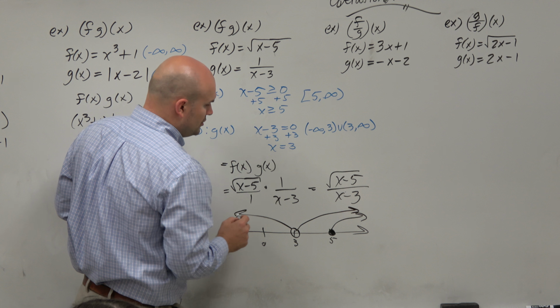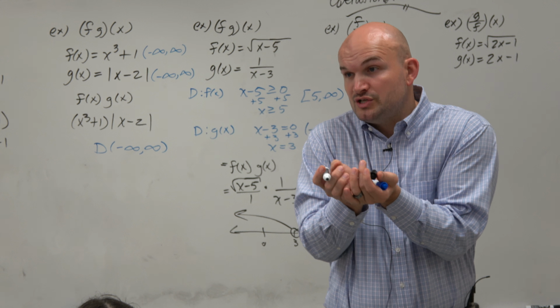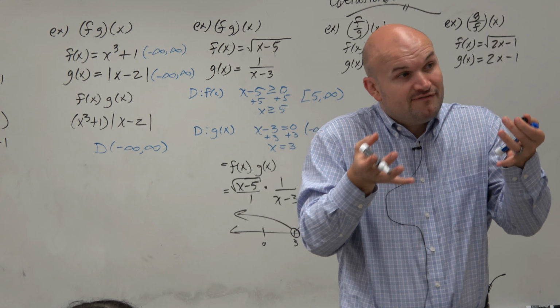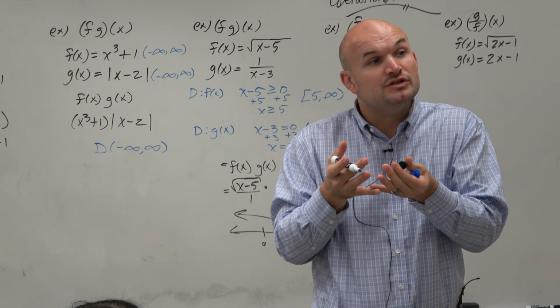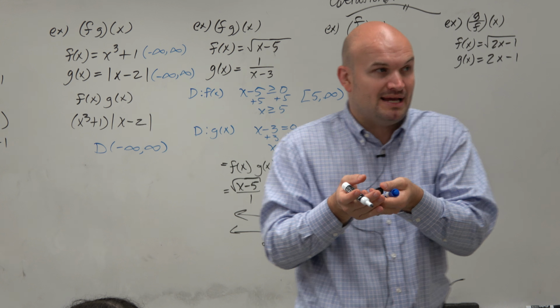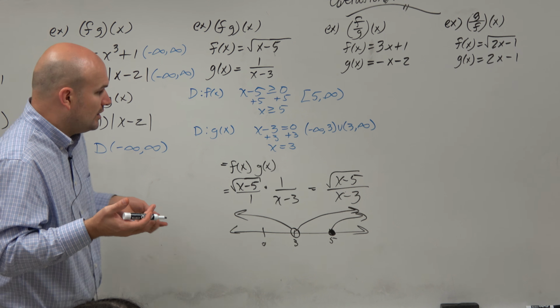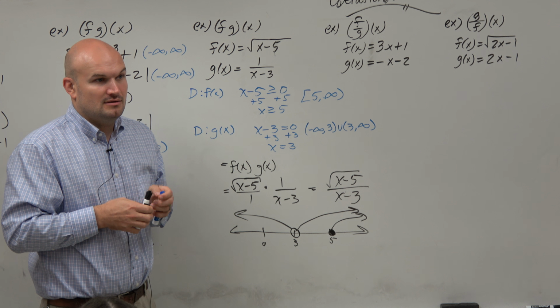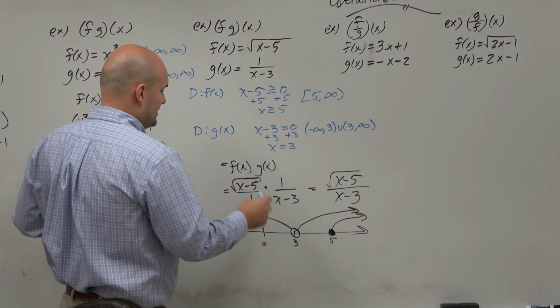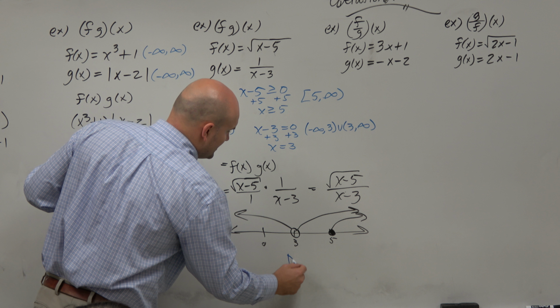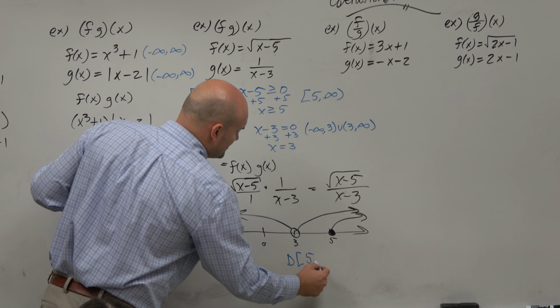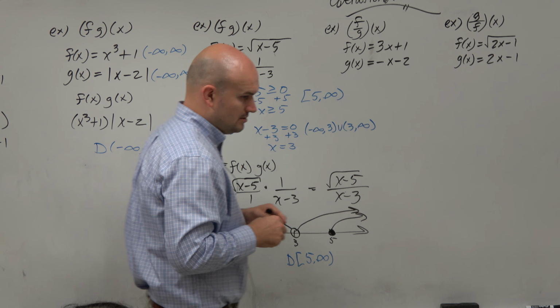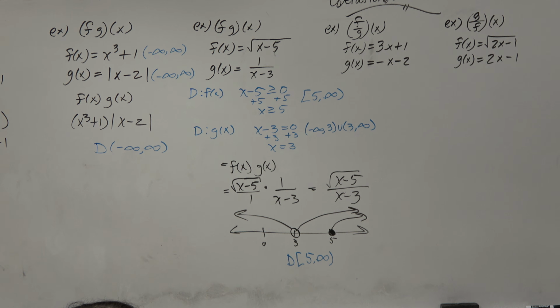So you see we have 2 domains and 2 restrictions, correct? If we're going to find the domain of the product, what we have to do is find the intersection of these 2 domains. So when we look at this, we ask, what interval do those 2 domains intersect? 5 to infinity, right? So this is our product, and the domain is just going to be 5 to infinity. OK, so in some